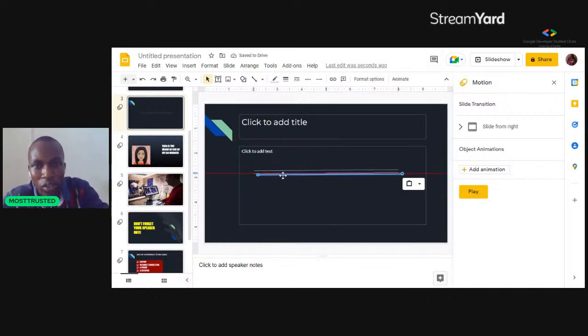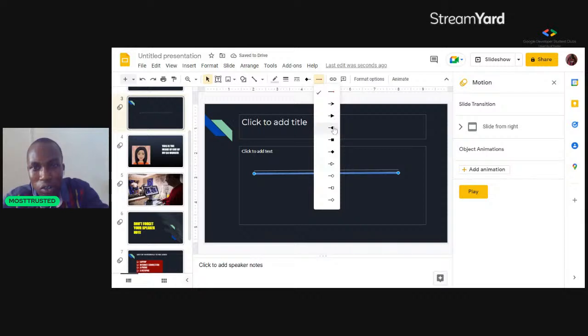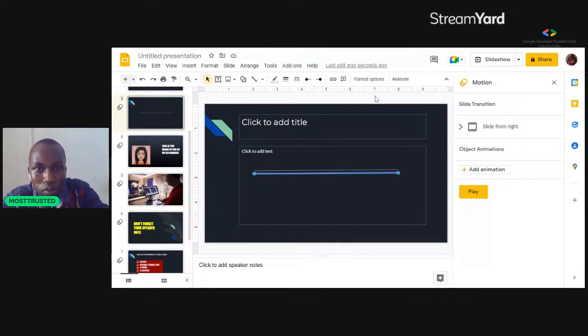So you can have a line like this. Then you can choose, okay, how do I want to format my line? You can choose that the tip of the line starts with something like this, then it ends with an arrowhead or a rounded end. So if you check your line, you see that the tip